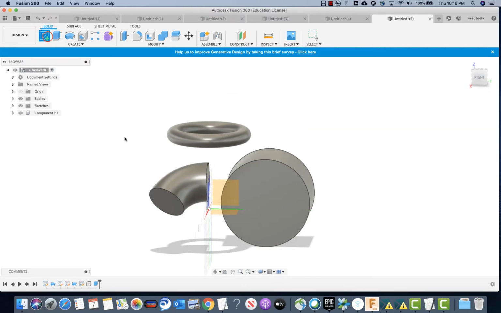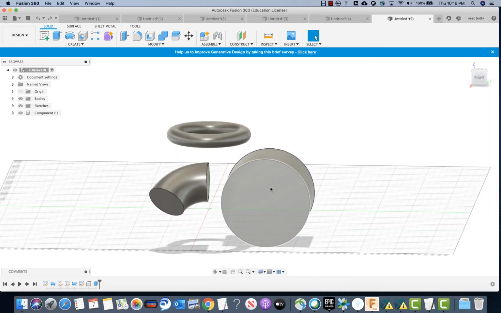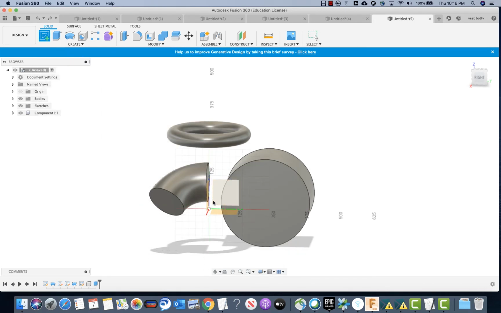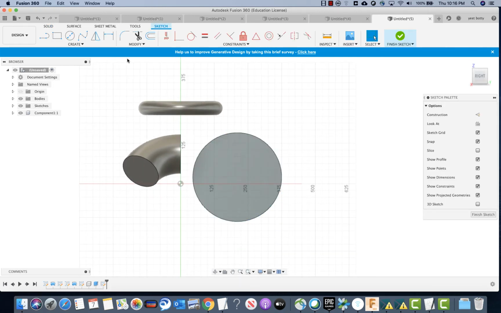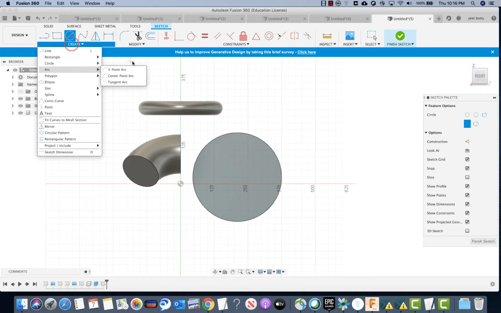Now let's make another sketch. Actually, we want to make a circle on this. So the axis or the plane that we choose is not one of these planes. It's this face. So we choose this face as our axis. And then, oh,